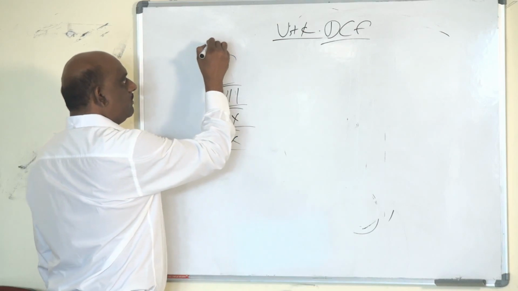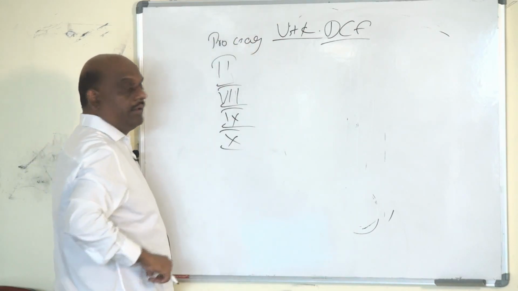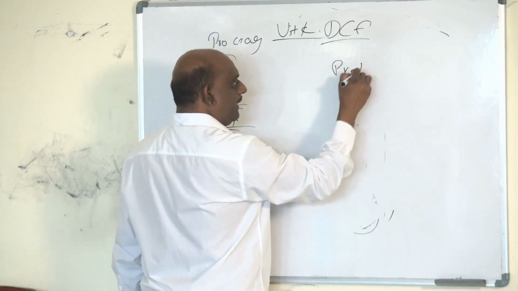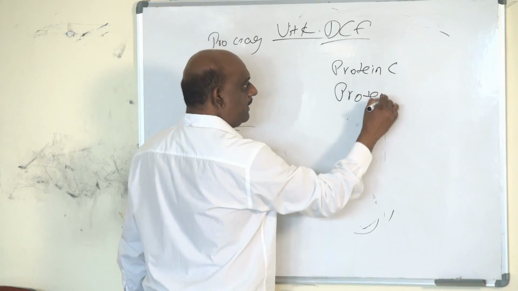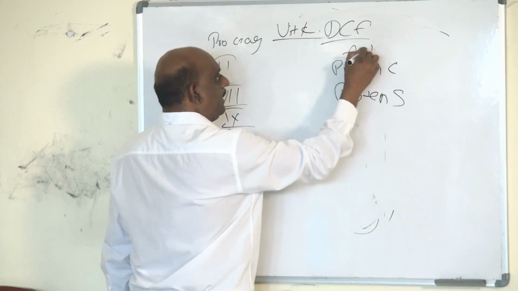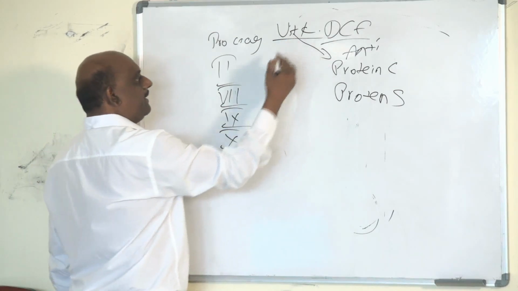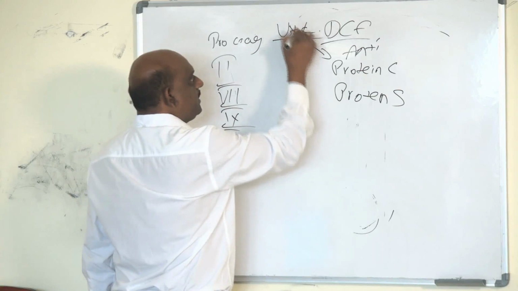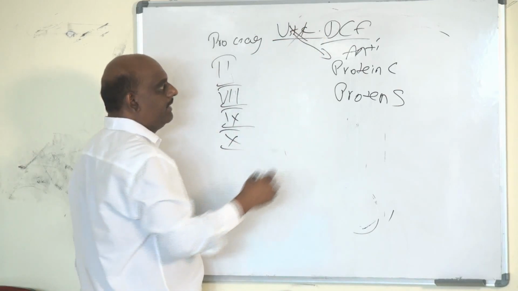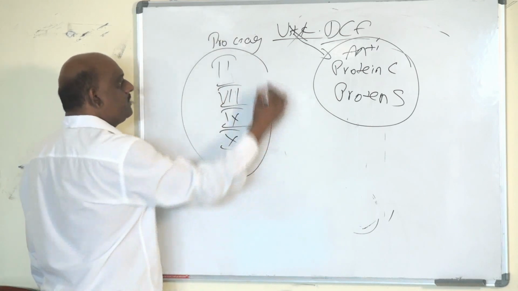These are procoagulant, whereas protein C, protein S, they are anticoagulant. They are also vitamin K dependent. If you give warfarin, which is anti-vitamin K, the protein C, protein S are inhibited, even 2, 7, 9, 10